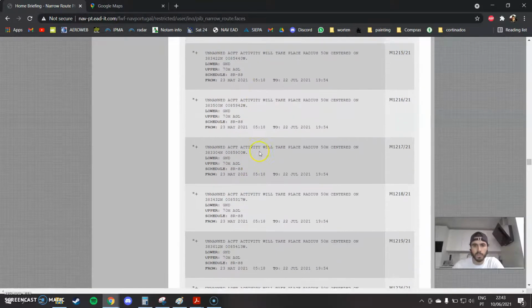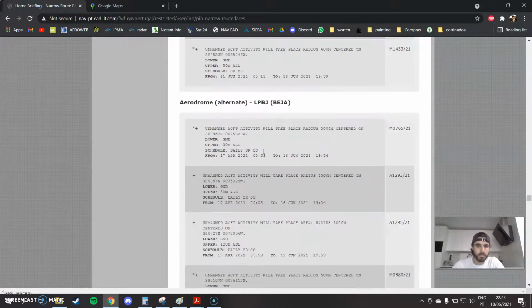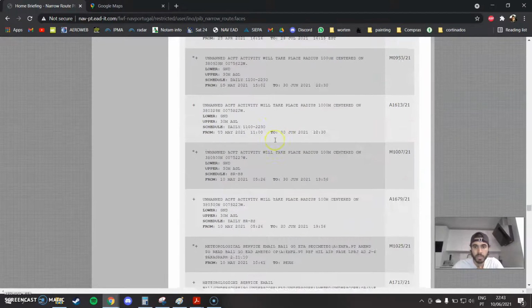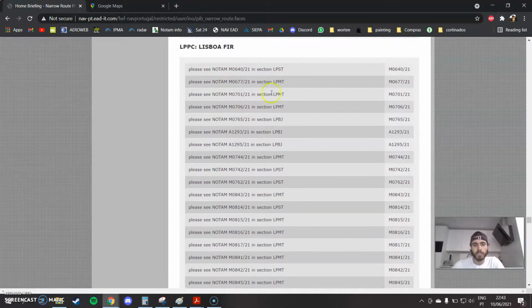There are a lot of UAVs nowadays. After the aerodrome NOTAMs, you'll have another one, Beja, also huge, and then Lisbon FIR. All right. They do something that is awesome, that they don't show the aerodromes